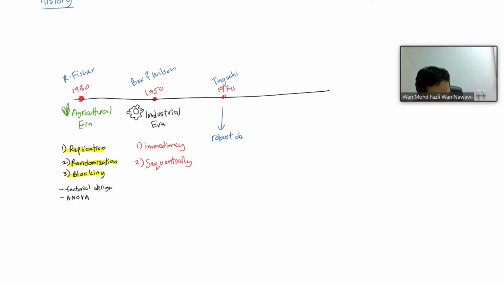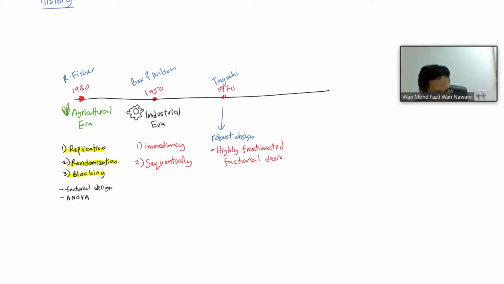Robust design is basically about trying to conduct the experiment with very few runs. So he developed what we call highly fractionated factorial